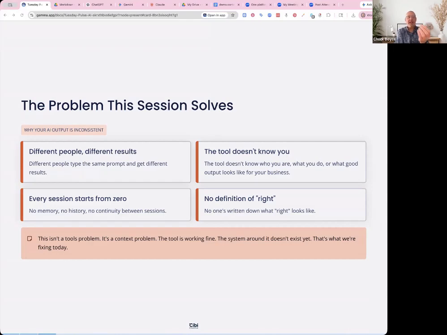Every time you start a new conversation, whether in Gemini, Claude, or ChatGPT, it doesn't know who you are unless you customize it. Nobody's written down what good output looks like. So when you get a result and think, that doesn't sound like us, it's because you haven't given it enough information to understand how you want it to respond.